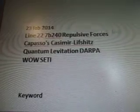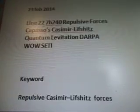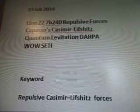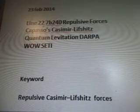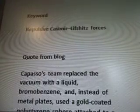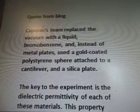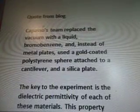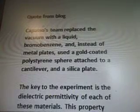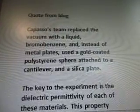So February 23rd, 2014. The previous video was line 22, 7B240, Repulsive Forces, Capasso's, Casimir Lifshitz, Quantum Levitation, DARPA, Wow Seti. So the keyword is Repulsive Casimir Lifshitz Forces, and the quote from the blog is, Capasso's team replaced the vacuum with a liquid, bromobenzene, and instead of metal plates, used a gold-coated polystyrene sphere attached to a cantilever and a